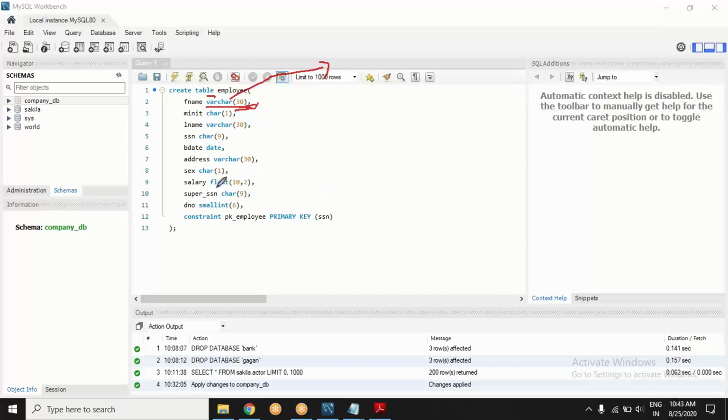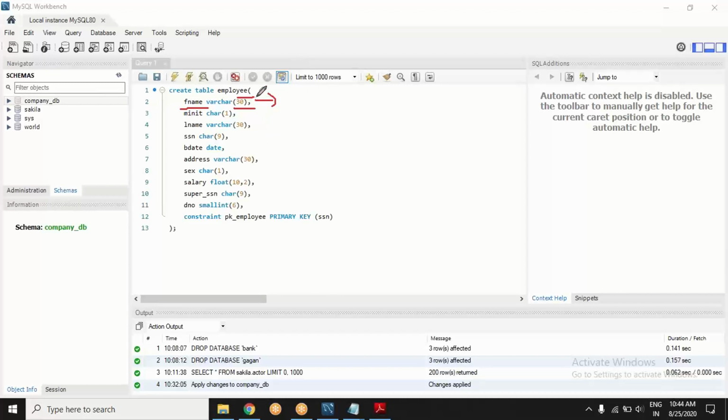Can somebody come to this? What is char and what is varchar? You see a data type that is char. Then there is a data type which is varchar. Yes, var stands for variable, and variable in terms of length. We are defining that a first name of a person can go up to a length of 30, but it is not a mandate to go up to 30.